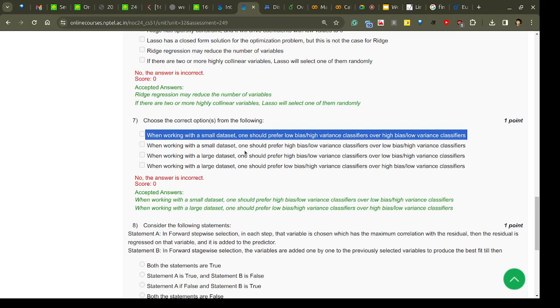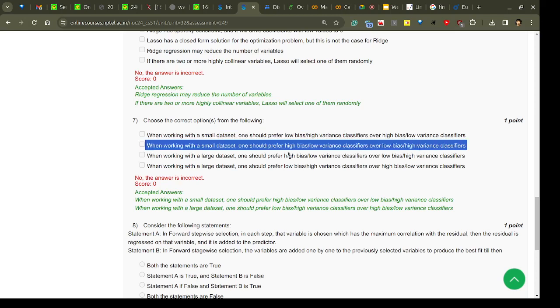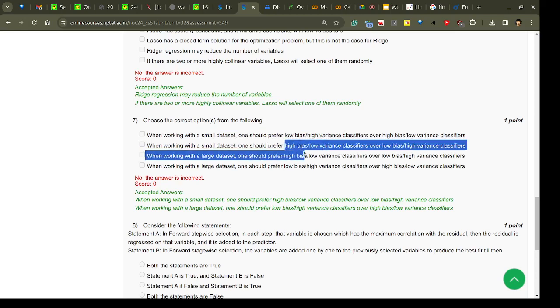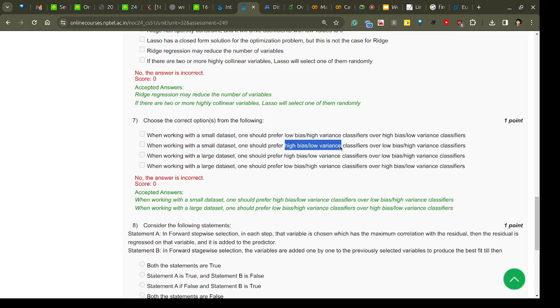If we have two options, one has high bias and another has low bias, and one has low variance, another has high variance, between them we can choose high bias, low variance, because then our predictions will be much better in case of a small data set. If we have low bias, high variance, in that case